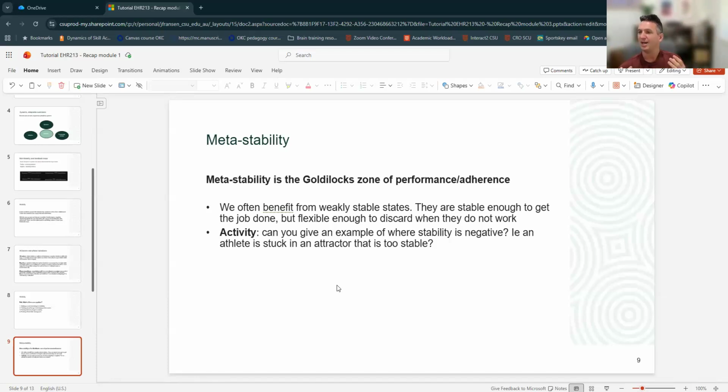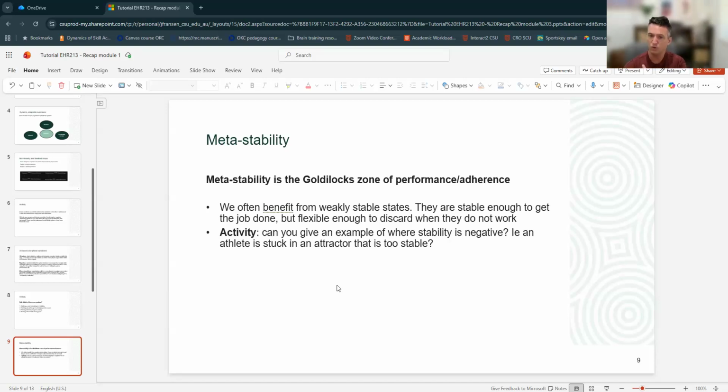But the issue with attractors is that the more stable the attractor becomes, the more difficult it is to pull someone out of that behavior. Think of the 7'1" athlete that I said before, who's been shooting in a particular way since they were 5 years old. And I've now been asked, can you change their shooting behavior? Well, that's become such a stable attractor that it will take so much resource and so much energy to pull them out of that behavior. And we don't know what we are replacing that attractor with. It could be even worse behavior. It's not necessarily better behavior, right?